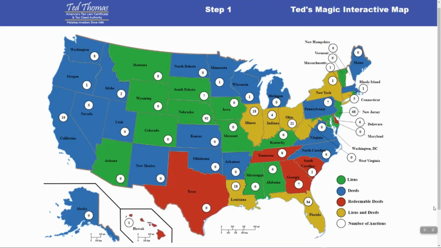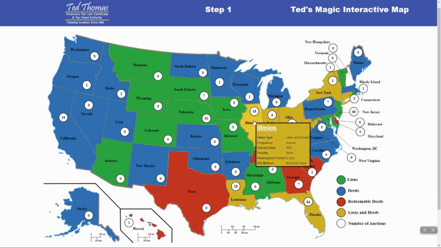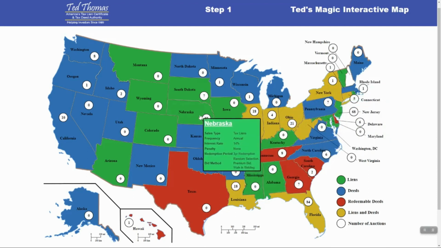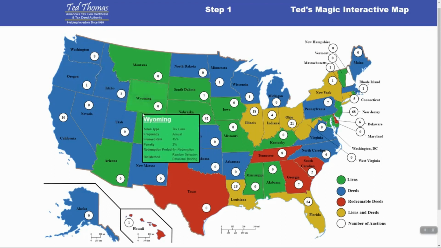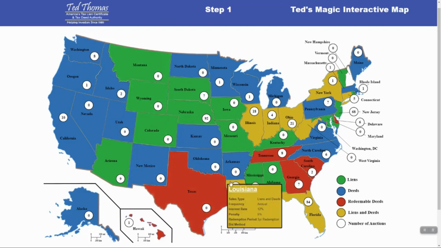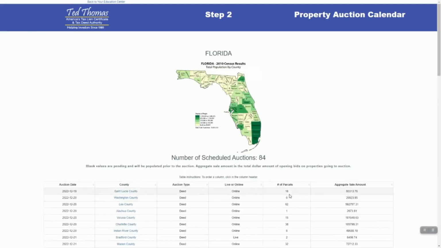Now, if you didn't find out about yours, you can use my auction calendar. I have an interactive map and auction calendar. I'll even give you a free auction list if you want. On the interactive map, you can do it electronically. You can move the cursor around, go from state to state, county to county. You can find out how many auctions are in the state. And if you go to that state, you can go to whichever county site you want.